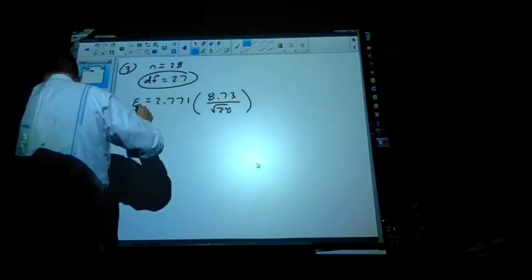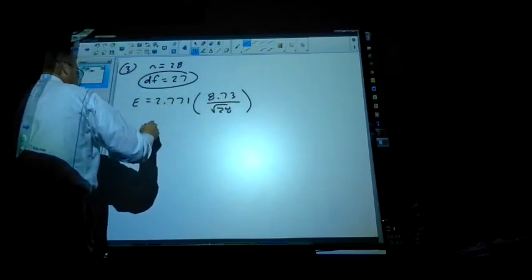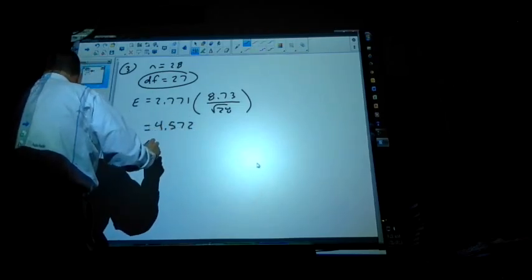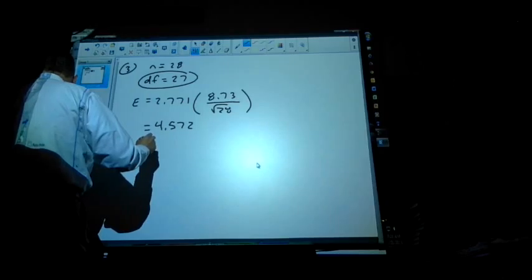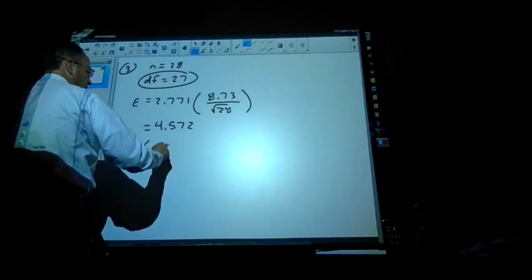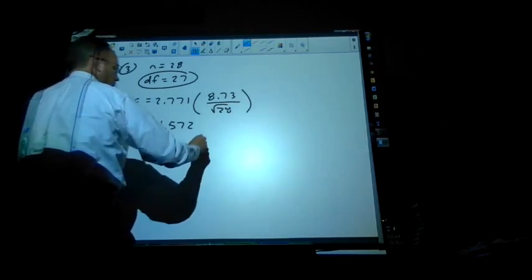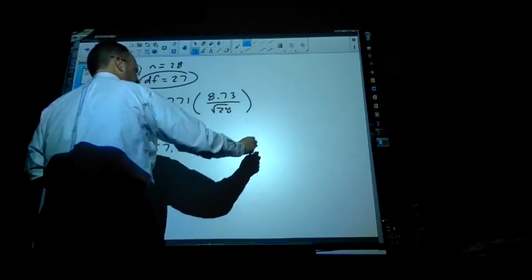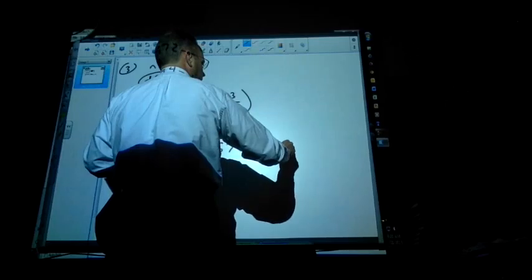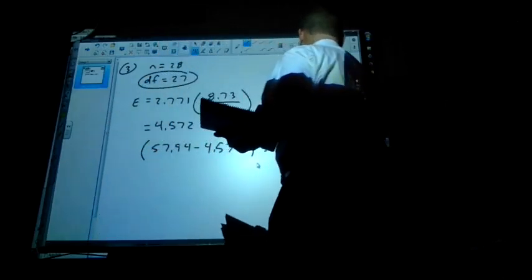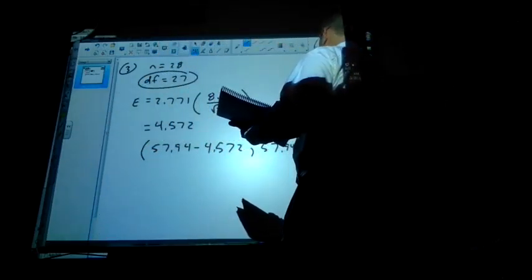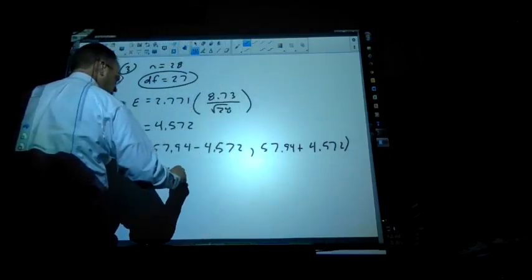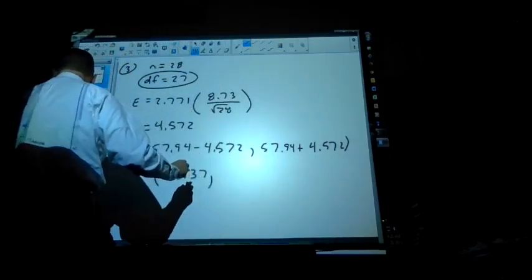So you go through this problem, you find that this is going to come out to 4.572, which means I'm going to take the 57.94, and I'm going to subtract this, and I'm going to take 57.94 and add that, which gives us, I think if I did this right, 53.37